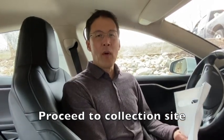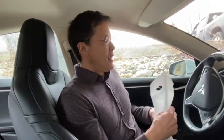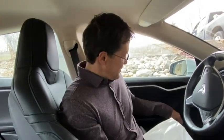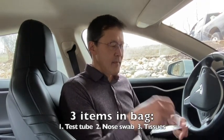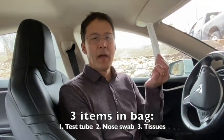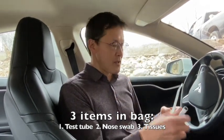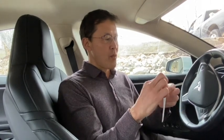and the healthcare worker will have you roll down your window 3 inches. They'll go 3 inches, you roll it down. They're going to hand you a plastic bag that looks like this. You roll your window back up. In the plastic bag, you're going to find 3 things. A test tube, a swab for your nose, and some tissues to wipe your nose afterwards. It's pretty simple. You'll open up this swab,